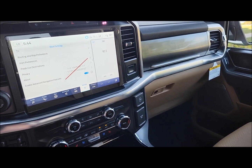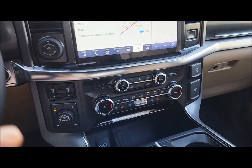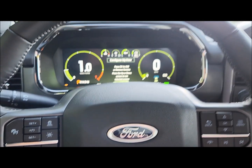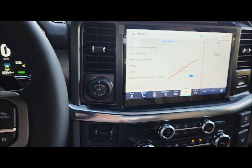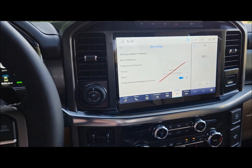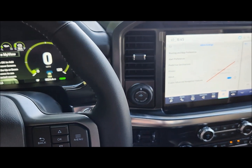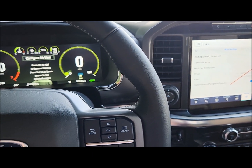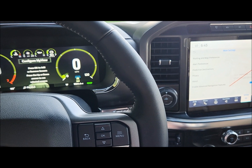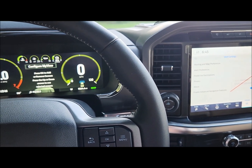I got into it, and it just wasn't that hot inside in comparison to my other truck on a hot day. I have a Ford Explorer, and I can park them side by side. I bet it's probably 10 degrees hotter in that Ford Explorer with that sunroof than it is inside of my Ford F150. So not having a sunroof does have some advantages. Some people say, well, you can tint the sunroof and you can get some reflective tint. Okay, yeah, you probably can do all that, but it's still much cooler without it. So